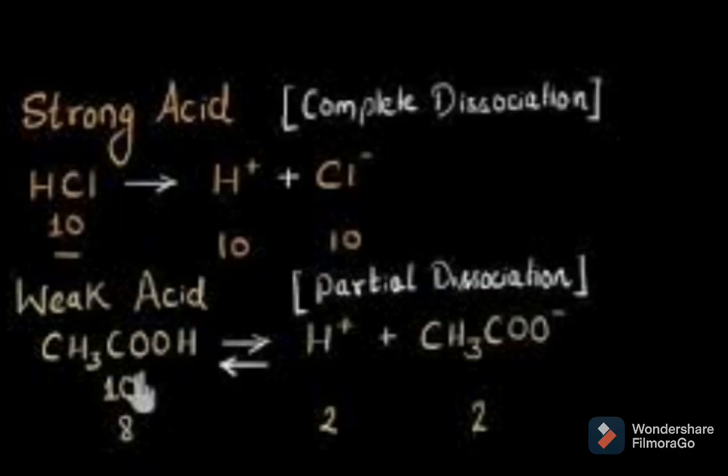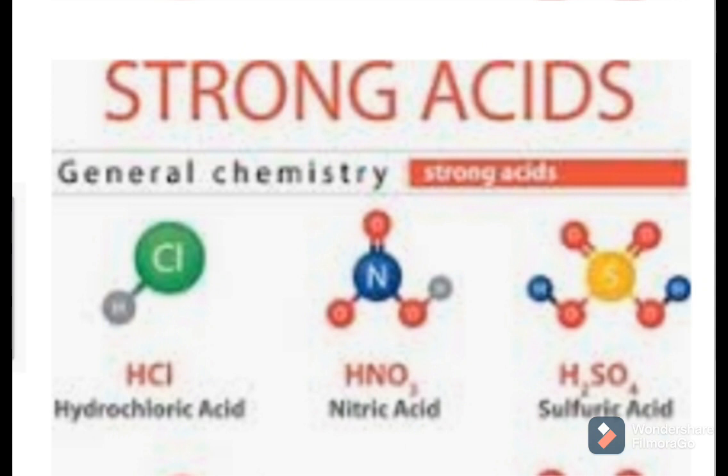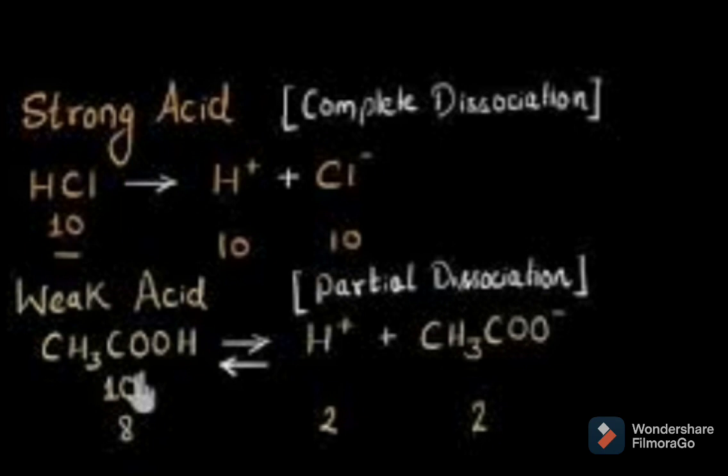Meaning, when HCl gets dissolved in water, it forms H plus ions plus Cl minus ions, meaning it gets divided into two different ions. H2SO4 dissociates into 2H plus ions plus SO4 2 minus ions. And HNO3 dissociates into H plus ions and NO3 minus ions. So what is the property of a strong acid? A strong acid gets completely ionized in water and forms H plus ions. Then it is called a strong acid. So what is meant by ionization?